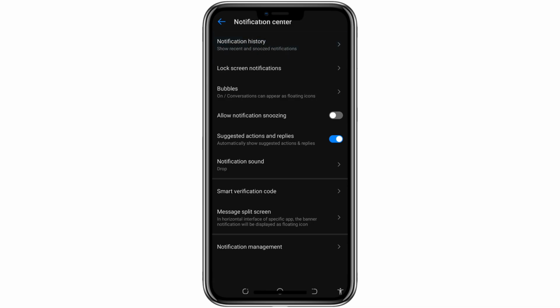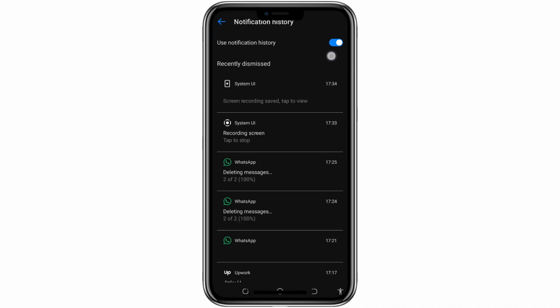This option is available on many Android phones. Turn it on if it is not already enabled. Once it is enabled, you can return here at any time. Now, when someone sends you a WhatsApp message and then deletes it, the message may still appear in your notification